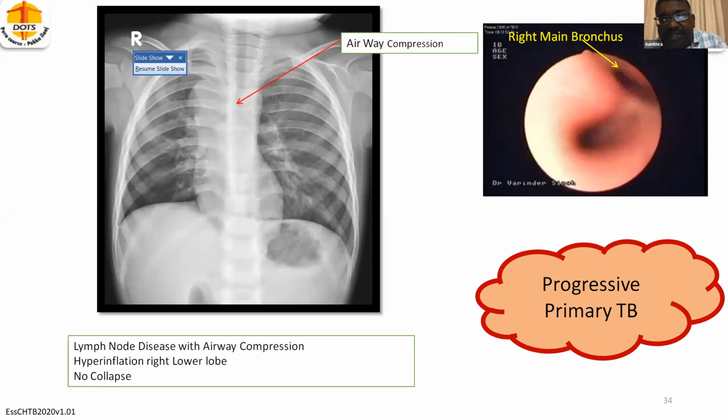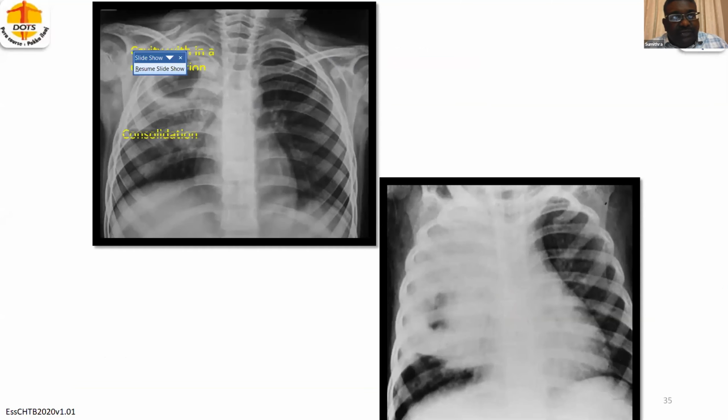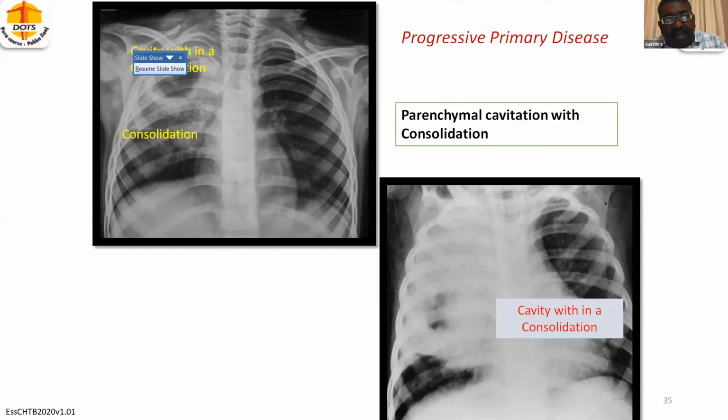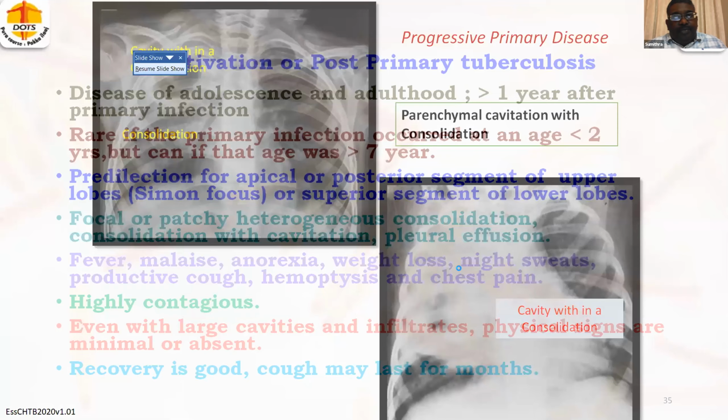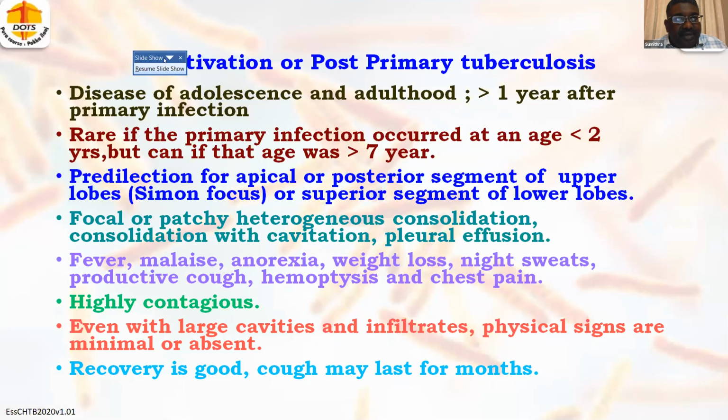This is a progressive primary TB. Different from the primary TB, here there is obstruction: lymph node disease with airway compression, hyperinflation of the right lobe, no collapse. This is another progressive pulmonary TB. This is a parenchymal cavitation with the consolidation which is happening here. And on the right side here also, you can see there's a cavity inside this and a consolidation which is happening there. Now, reactivation